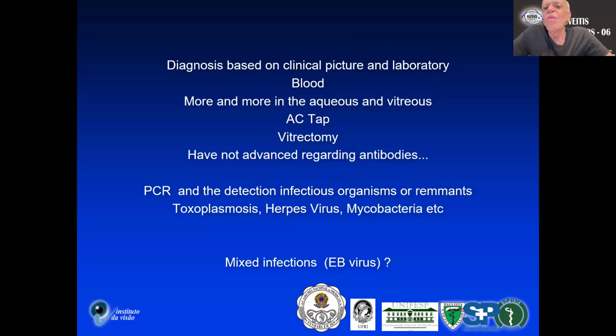Antibody studies in the anterior chamber and the vitreous, compared or not to the blood levels, have not really advanced in the last 20 years. But PCR and other molecular tests are much better. They also bring new challenges and discussions. Alejandra de la Torre, as well as our group, have identified that in some patients you do PCR for toxoplasmosis and it comes positive, and Epstein-Barr is also there. Is it possible that Epstein-Barr or another virus would have a role in patients with active toxoplasmosis? We don't know.